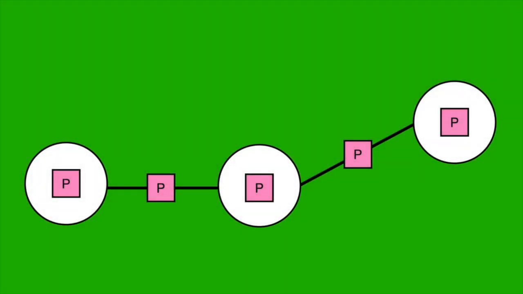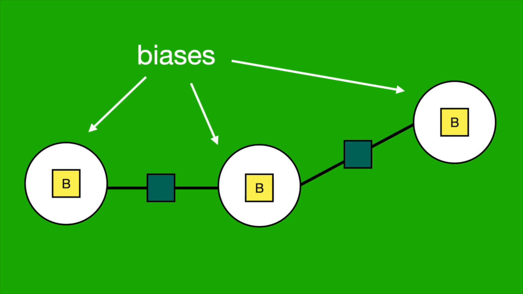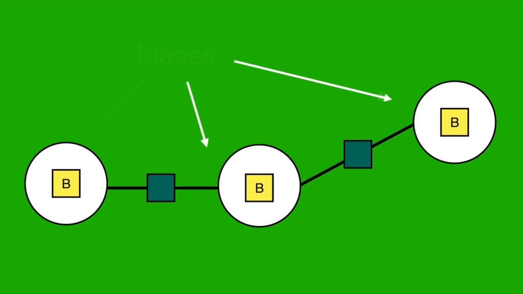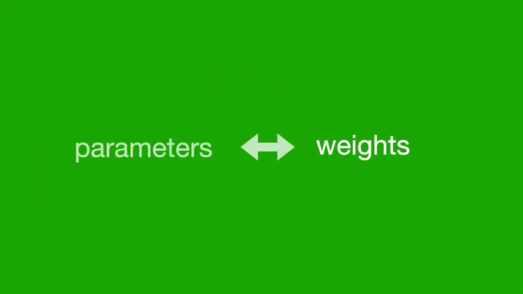You will often hear people refer to the parameters as the weights. This is because the parameters inside a neural network can be subdivided into two types: the biases and the weights. Biases is the name for the parameters assigned to each neuron, and weights is the name for the parameters assigned to each connection between neurons. When talking informally, AI people tend to use the word weights interchangeably with the word parameters, even if strictly speaking,